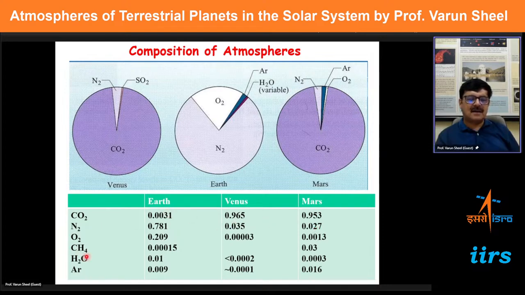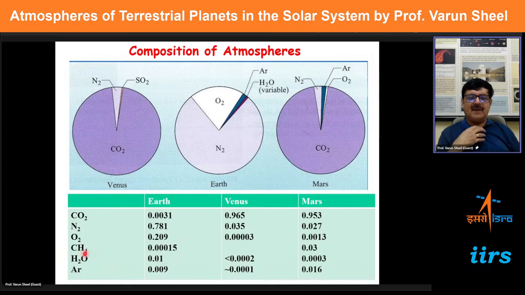And as I said, there are chemical constituents which are very small in concentration, which we sometimes call trace gases, because for Earth and even other planets, they are so small that you would not like to talk in terms of percentage. So we talk in terms of mixing ratios. And since they're in very small concentration, we call them trace gases. But sometime later, I will show you that it is these gases, which are very small in concentration, which really impact the climate in some sense.